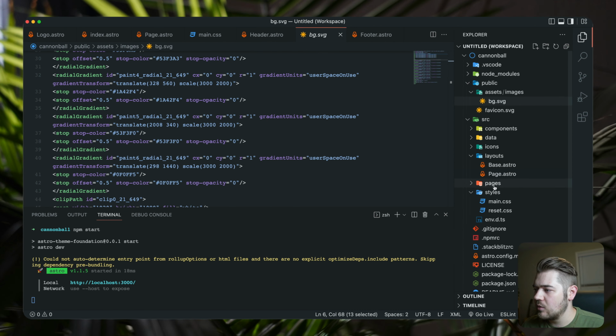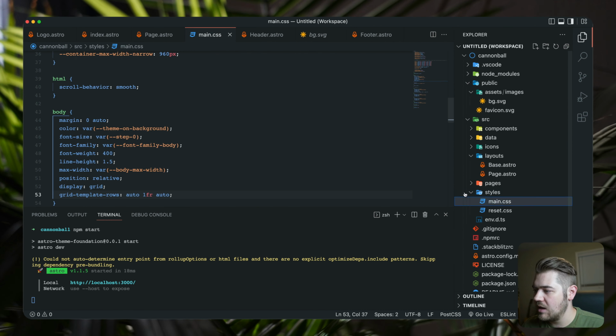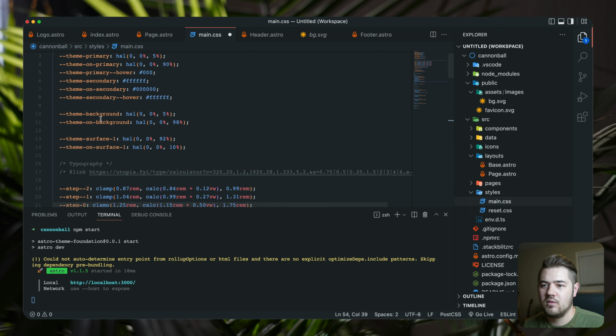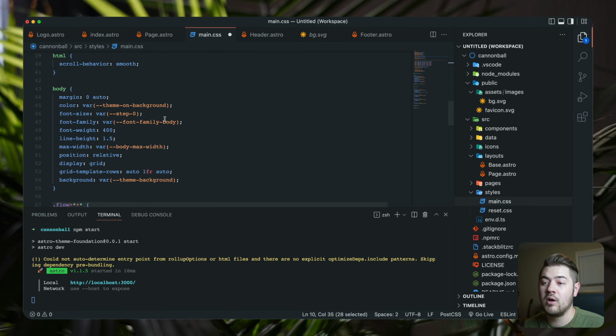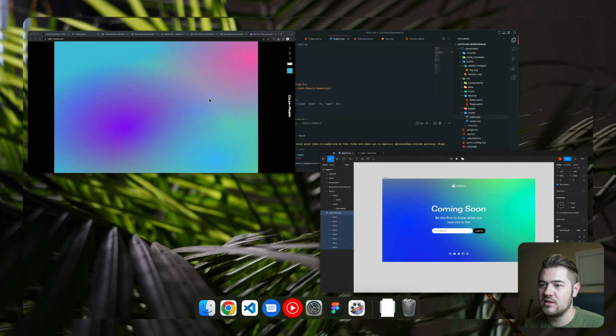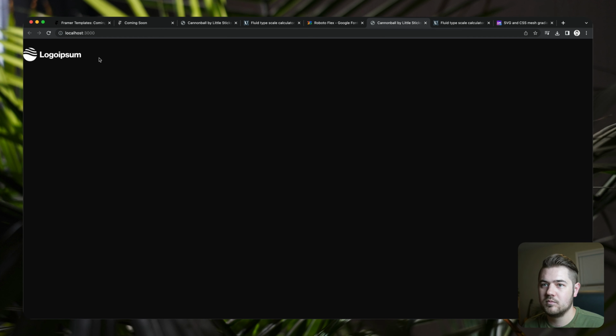But let's go ahead and use it. So we're going to go to our main.css, and it's going to be the body background. So let's go down underneath our grid template rows. We're going to do background, and this background is going to be var theme background. I'm just going to make sure that the background is whatever color we set. That's dark background, almost black, and that's fine. If we go back, we can see if that's working. Cool. So we've got our black background, we've got our logo,